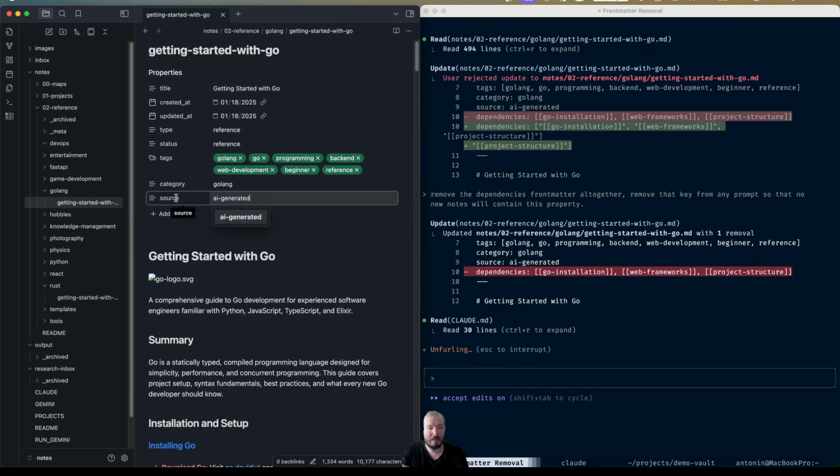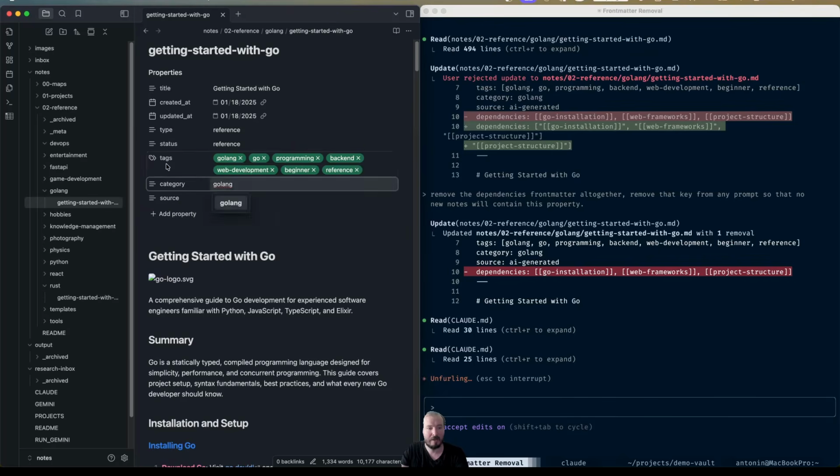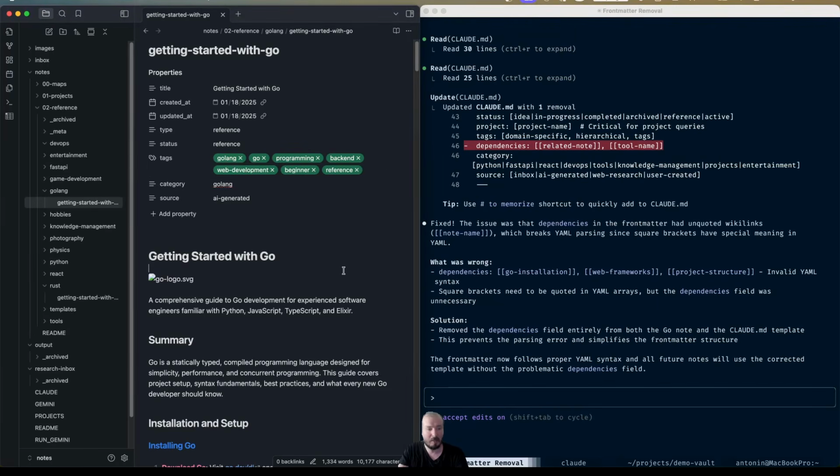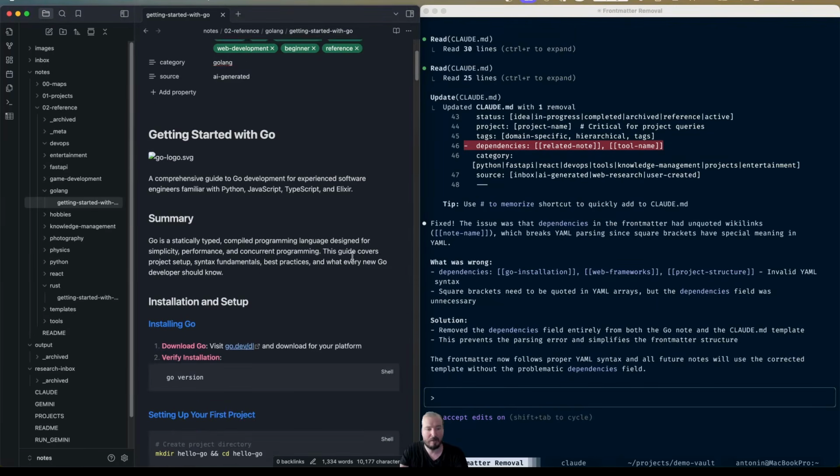We have the source generated correctly. We're in the correct category, correct tags. We have the type, the status. It has the incorrect date. That's another thing we can fix. Again, I left a bunch of mistakes in on purpose so we could go through it, but let's go look